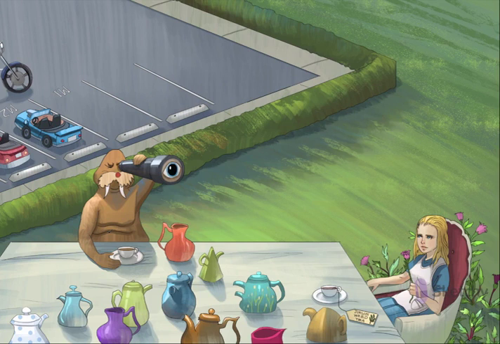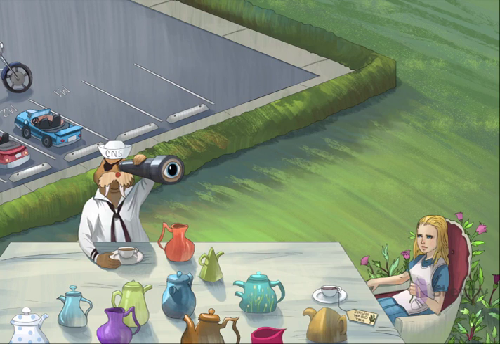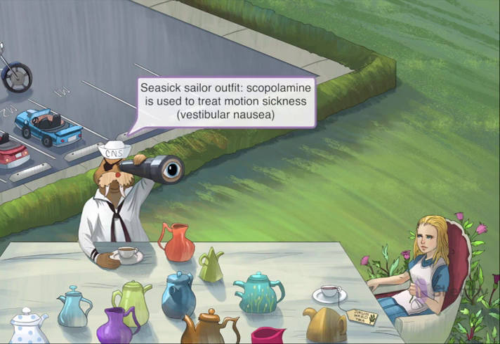The second important ocular effect of antimuscarinic drugs is to weaken contraction of the ciliary muscle, also called cycloplegia. This results in the loss of the ability to accommodate or relax the lens for near vision, hence the walrus's gaze is locked through the long-distance scope. Thus, these drugs can be helpful for ophthalmologists who want to perform a dilated exam. The scope also emphasizes the drug scopolamine. See our walrus friend's official Navy uniform that he wore for the occasion? Well, scopolamine is often used to prevent seasickness.